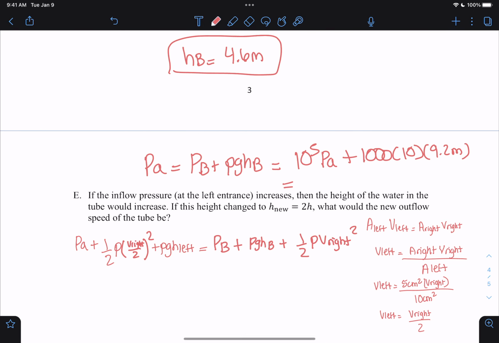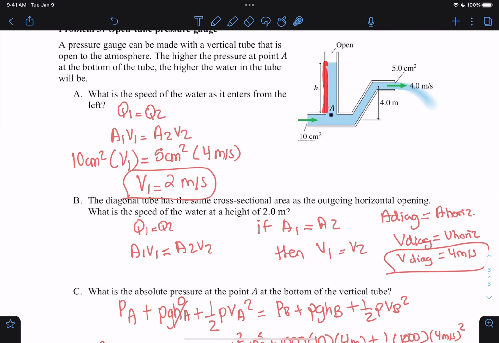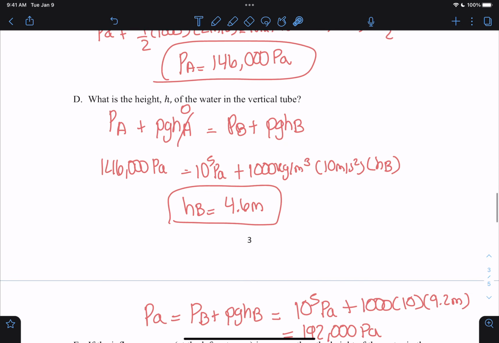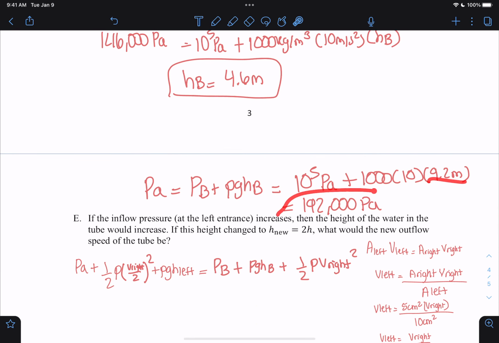And this gives us a new pressure at point A of 192,000 pascals. That's our new pressure at point A. So remember, they doubled the height. Based on the information they also gave us, the higher the water, the higher the pressure. So if we double that height, we're going to increase the pressure here at point A. So this goes from 4.6 to 9.2 meters, because it doubled, and now we have a pressure of